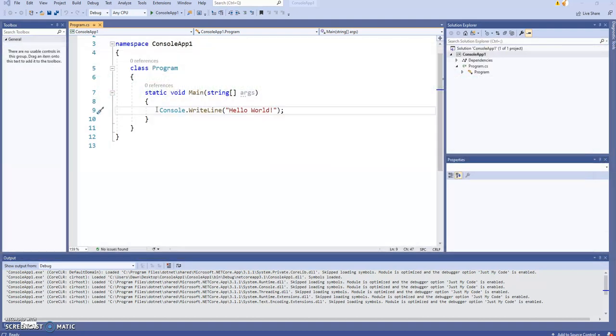So this is the console object. You know, we had talked about objects having properties and methods. This is the WriteLine method, and that is obviously going to write a line of text to the console. And the difference between Write and WriteLine is that Write would not give you a line feed. I don't know if you recall the output. I'll run this again, but I'll change it to just Write, and I probably won't get a line feed after